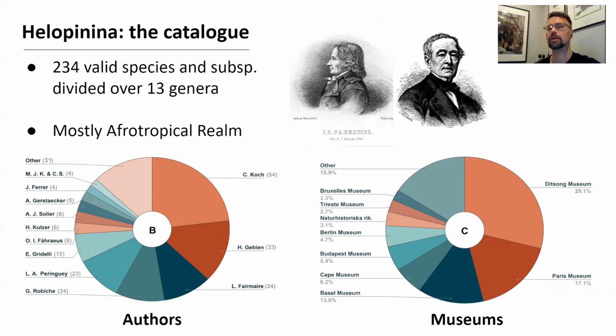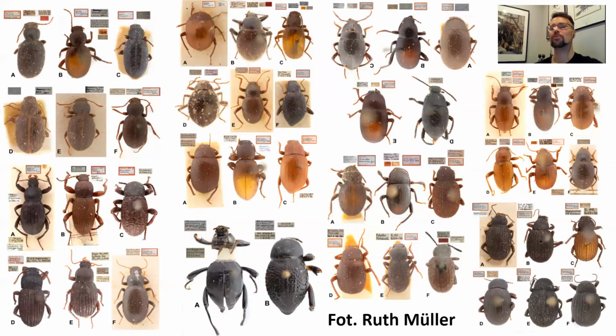As you can see, mainly thanks to Koch's work, Ditsong Museum hosts the largest number of type specimens representing the subtribe. However, the majority of the type material concerning the type species of generic level taxa was described in older contributions and is scattered through different European collections. So it's not so easy to revise this group. You cannot go only to Ditsong Museum, you have to visit other collections. Here are some types photographed by Ruth,